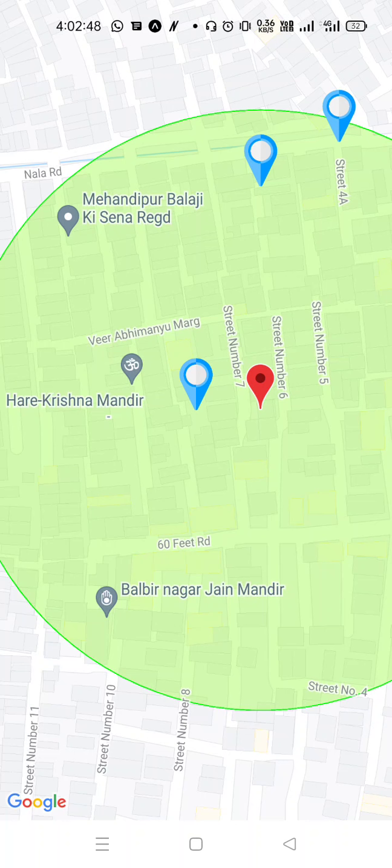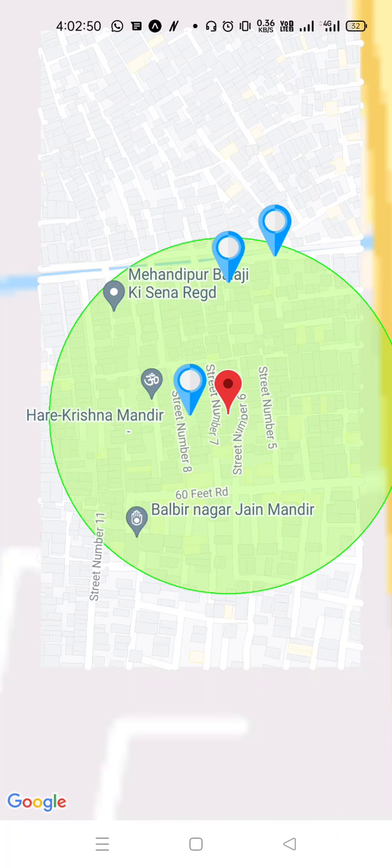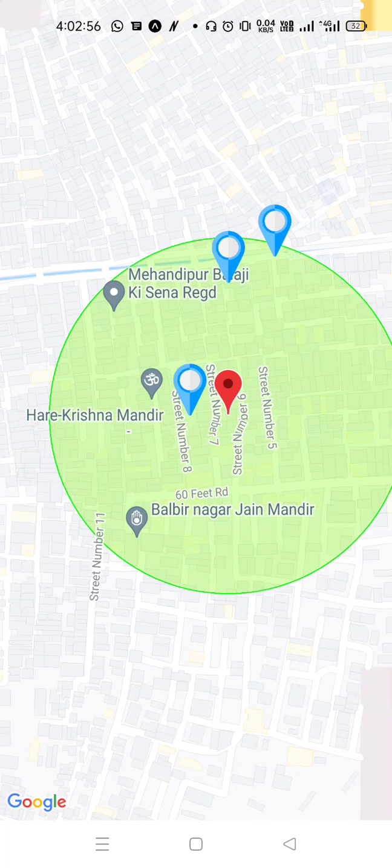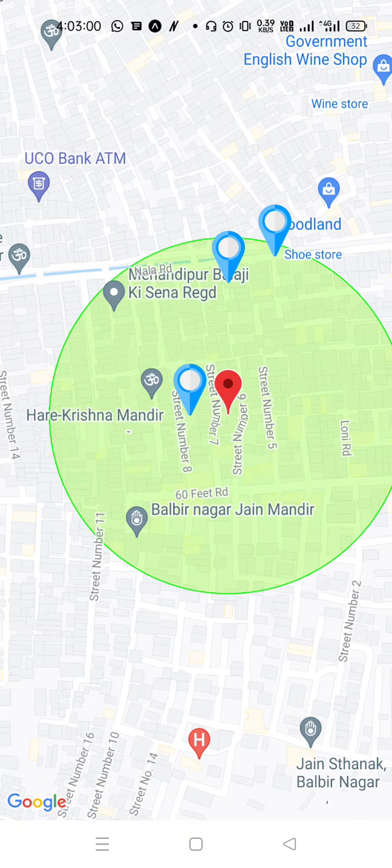Here you can see our map, and this circle shows the volunteer locations near you. The red marker shows your location, and the blue markers show the locations of our volunteers.